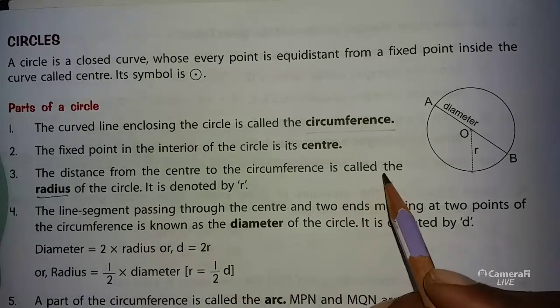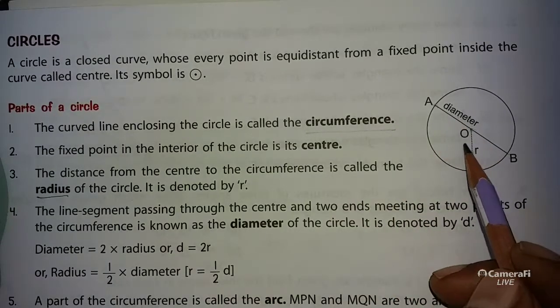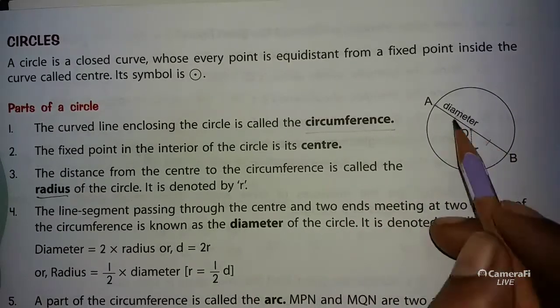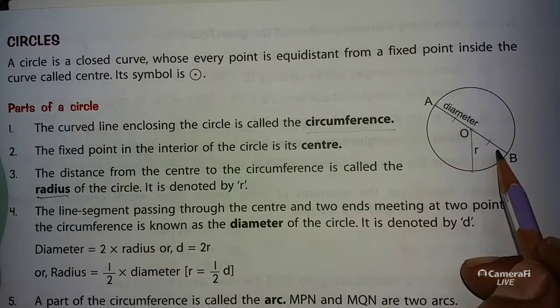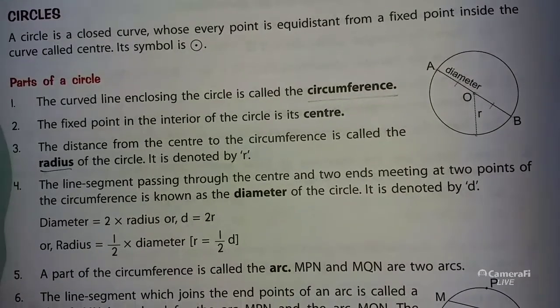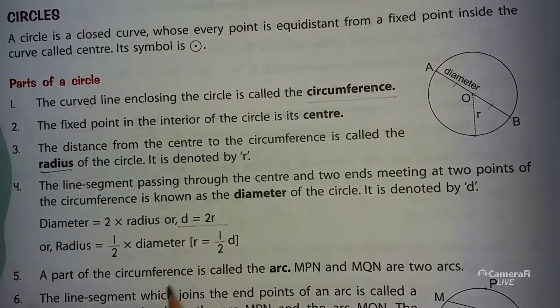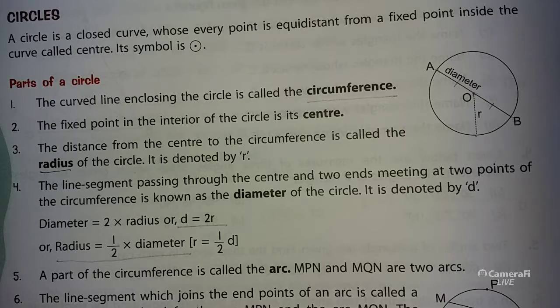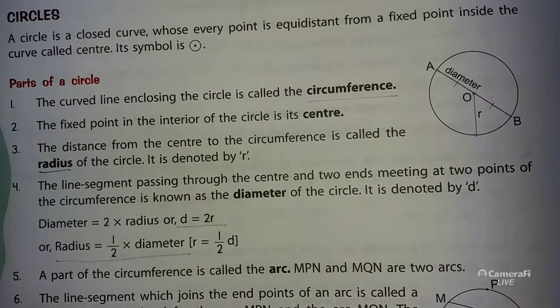Okay. So we get from the figure that diameter equals 2 into radius. Here is one radius, here is another radius. If we add 2 radii, we get a diameter. So, diameter equals 2 into radius, or D equals 2R. Also from this we get radius equals half of the diameter. So whenever the radius is given, we can find the diameter by multiplying by 2, and if the diameter is given, we can get the radius just by dividing it by 2.